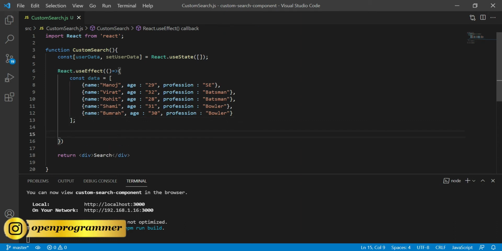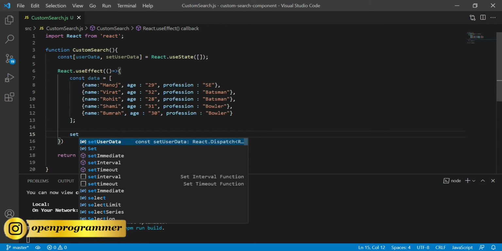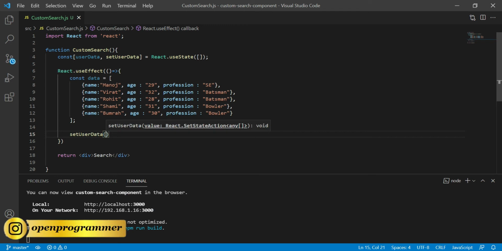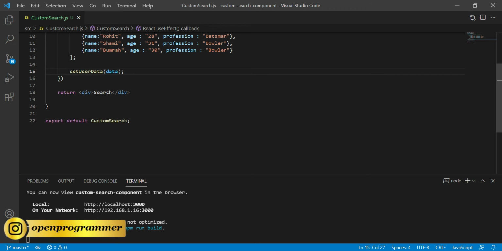After this, we will call our setUserData function and pass this data so that this function will apply this particular array of records into this userData. So now comes to the return part. So inside this,